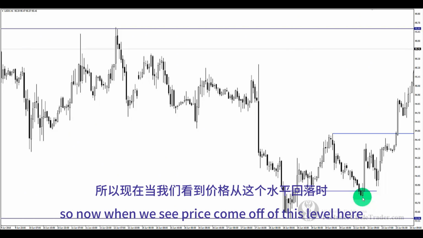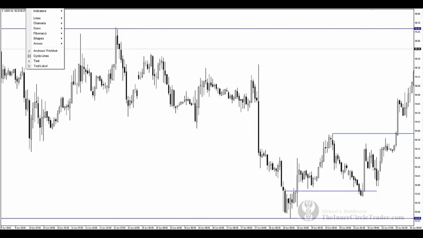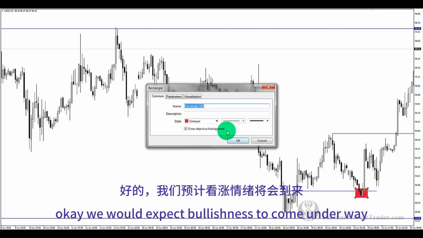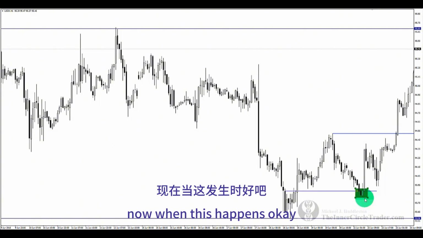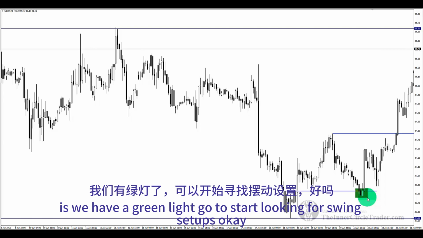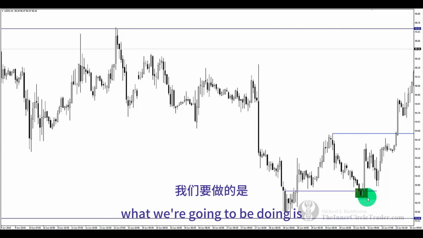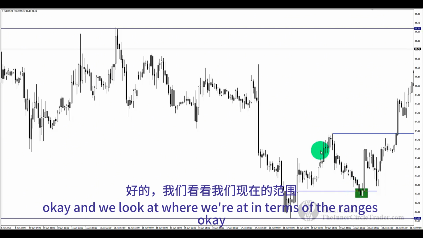So now when we see price come off of this level here, right in here, that's where we would anticipate a bounce or a bullish entry. Okay, we would expect bullishness to come underway in terms of the dollar index. Now when this happens, okay, what we're doing is we have a green light go to start looking for swing setups. Okay, now if you're bullish on the dollar, what we're going to be doing is we'll look at the overall price structure here, okay, and we look at where we're at in terms of the